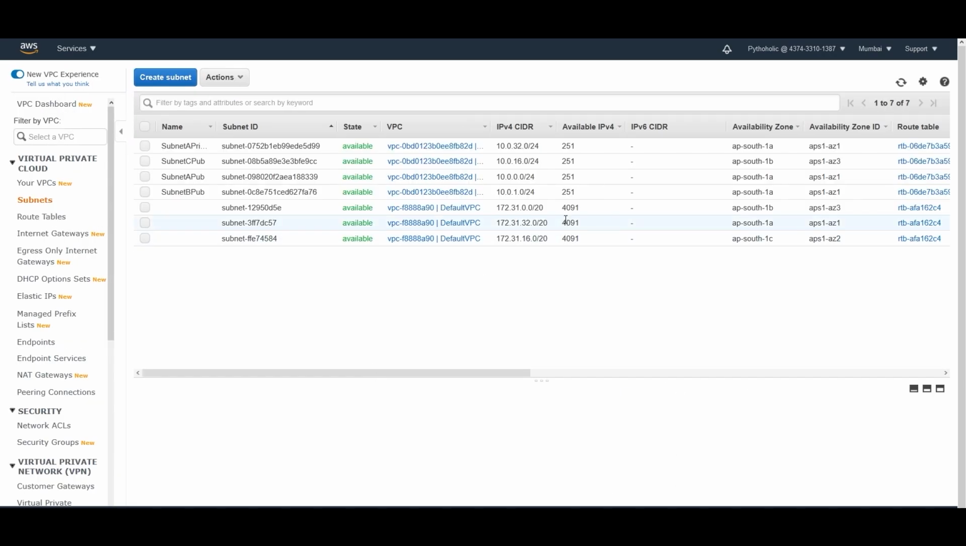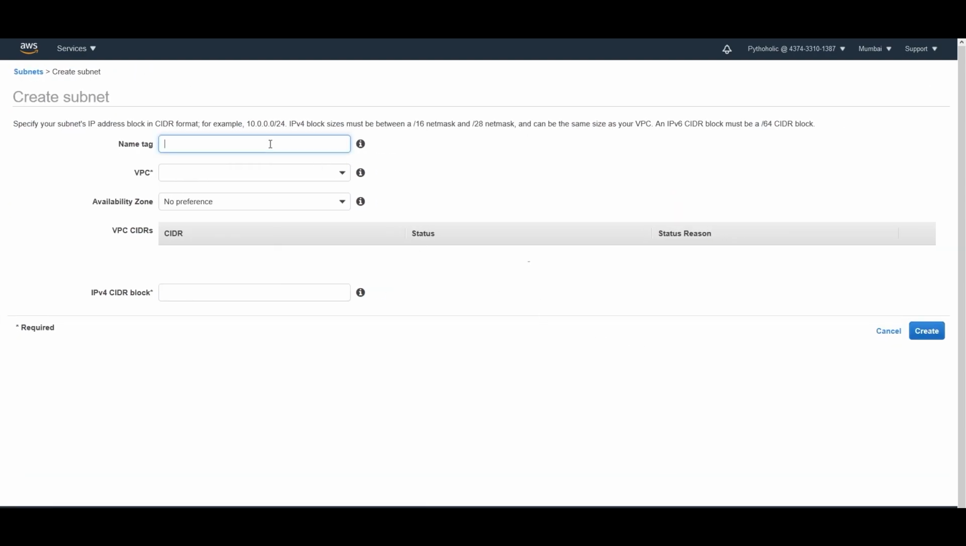So this is also fine. So these are not colliding with anyone. So we have the private subnet and 3 public subnets. Now I can go ahead and create one more,